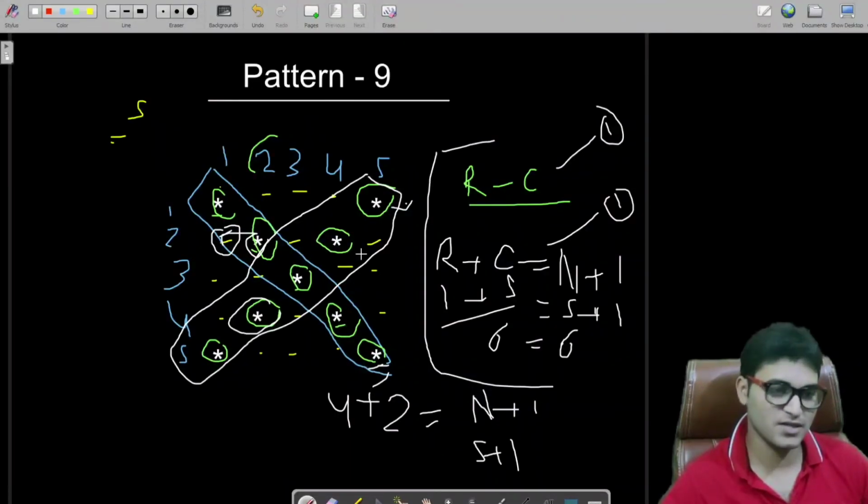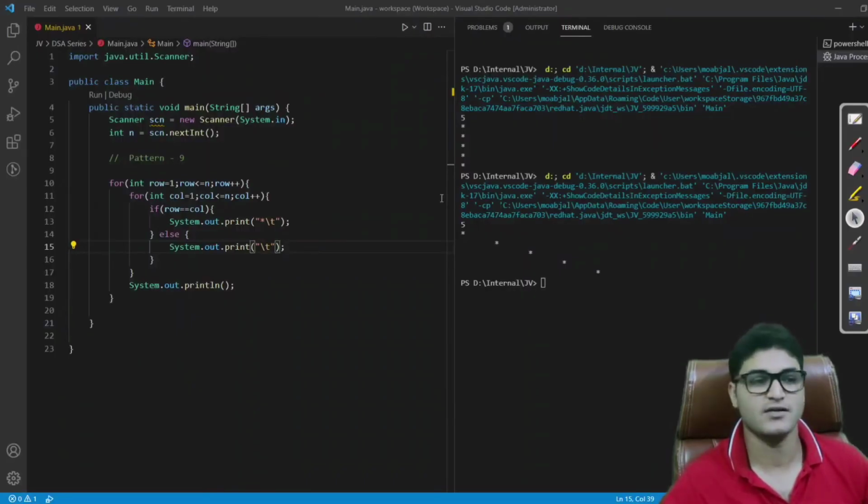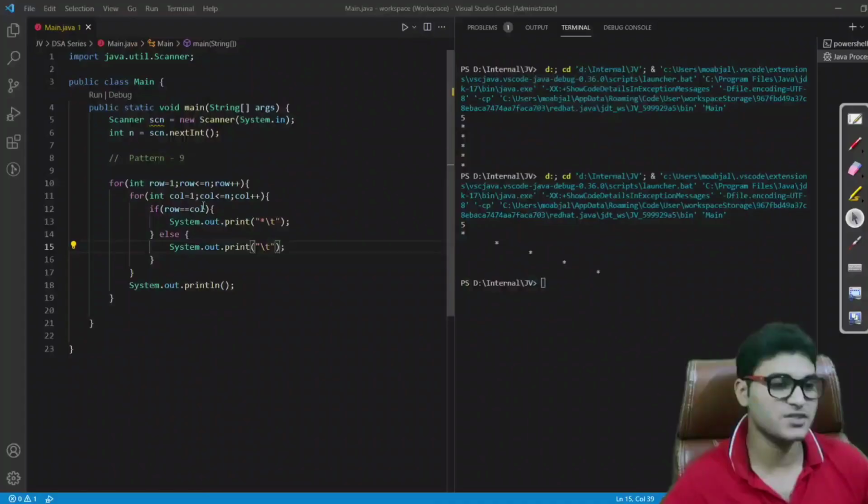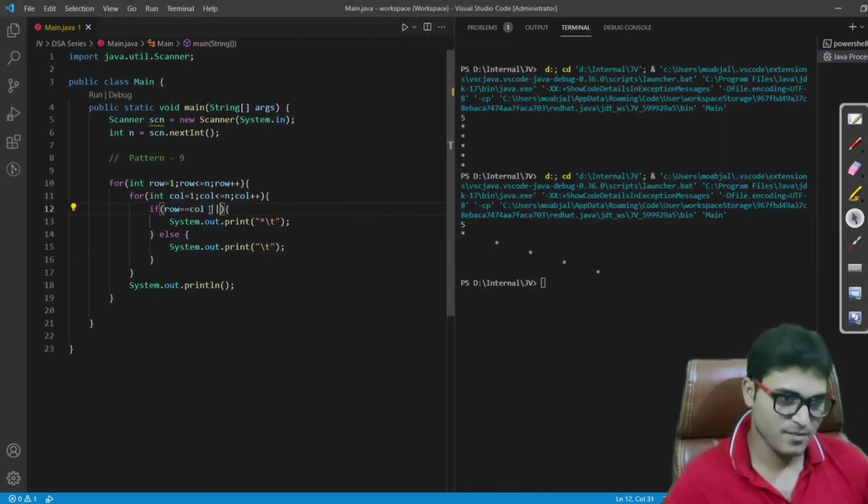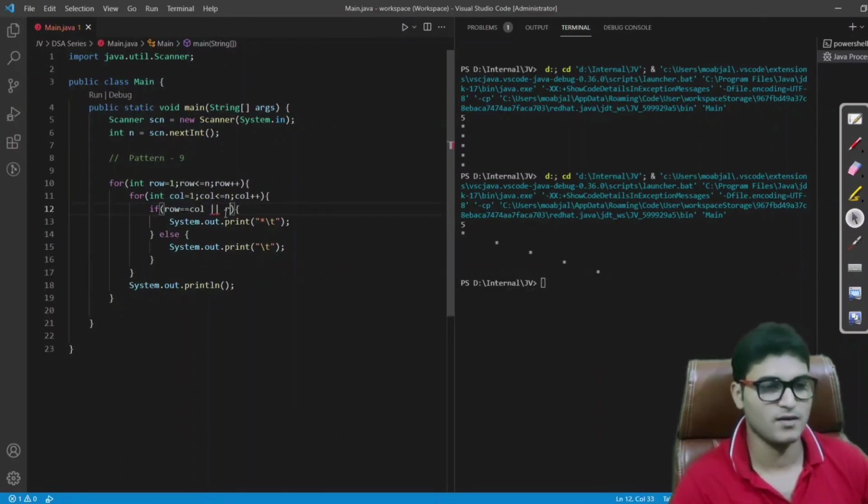Now we need to print this diagonal also. Very simple, only one change. By making only one change, we will get this output. If our row is equal to column, or row plus column is equal to n plus 1, we just write this condition and this would print the exact same output for us.